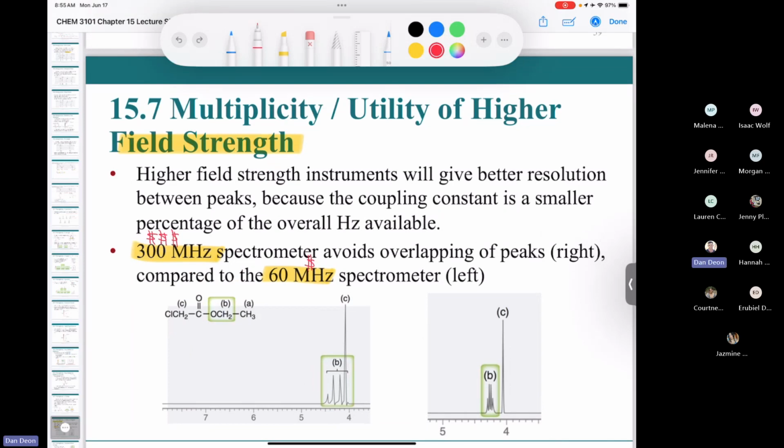If you have a 300 megahertz and a 60 megahertz, do they both give you the information? Yep, they do. But remember that with a 300 megahertz, you have a greater range of frequencies, whereas with the 60 megahertz, you have a smaller range of frequencies, right? Now remember that when you get the resonating frequency, you divide it by the operating frequency of the spectrometer. So the chemical shift doesn't change, but the relative